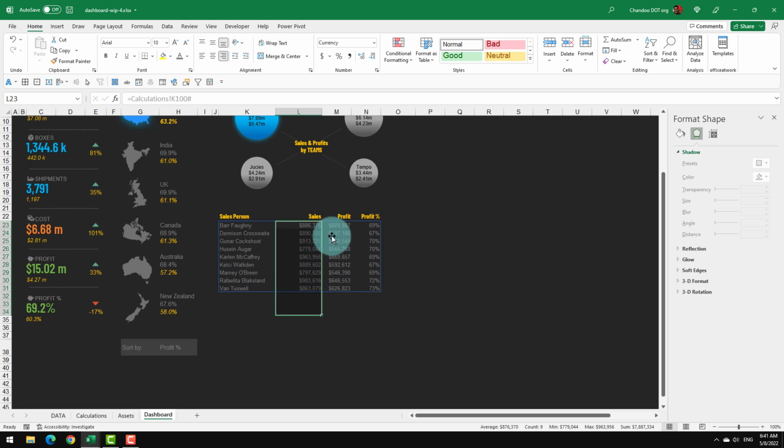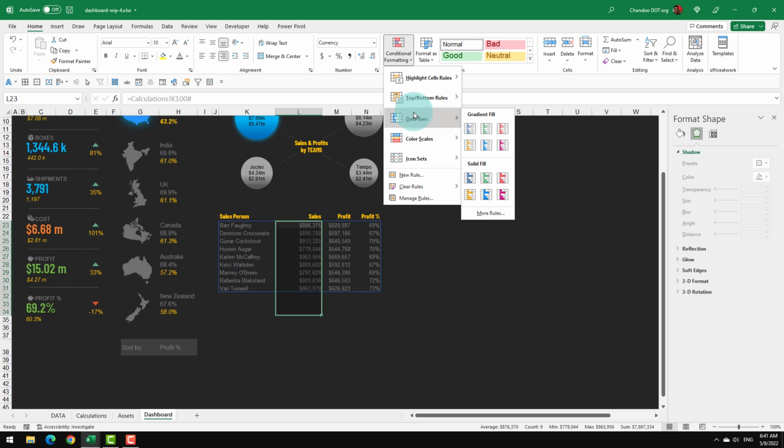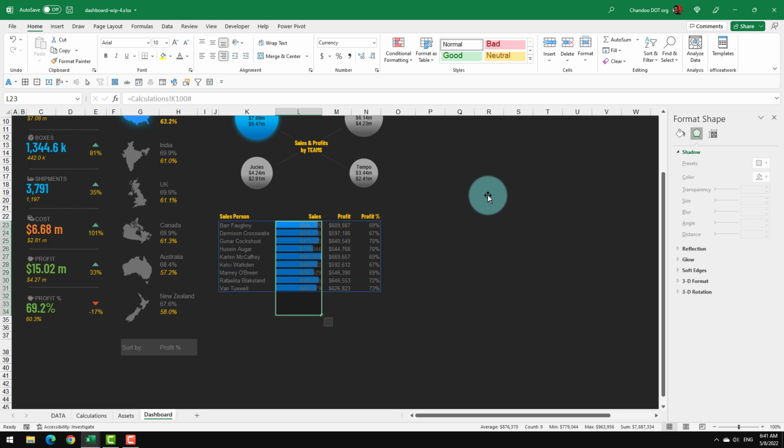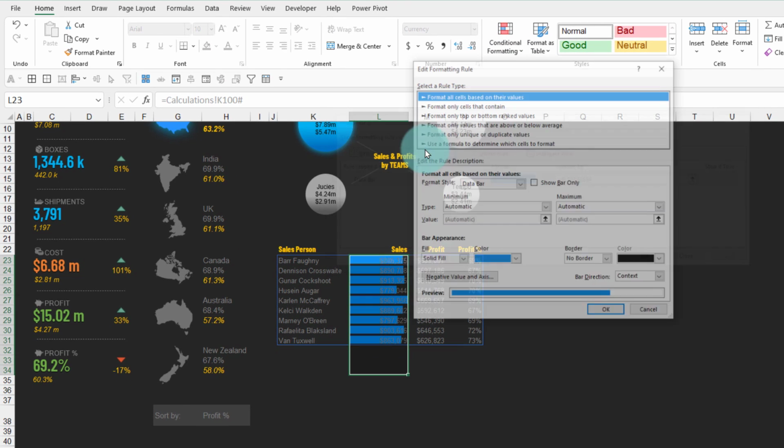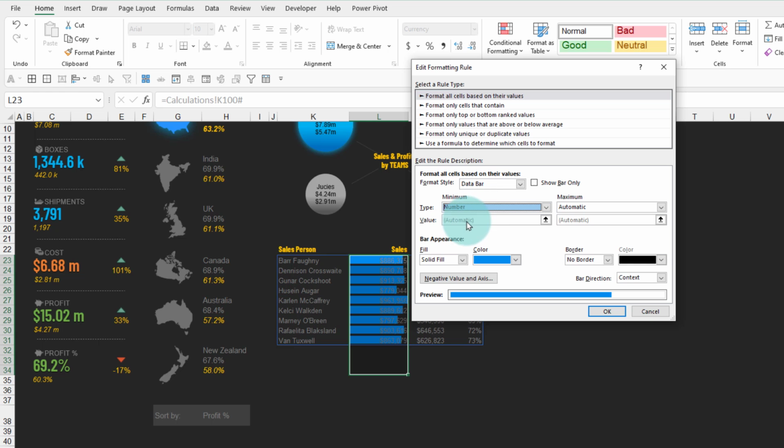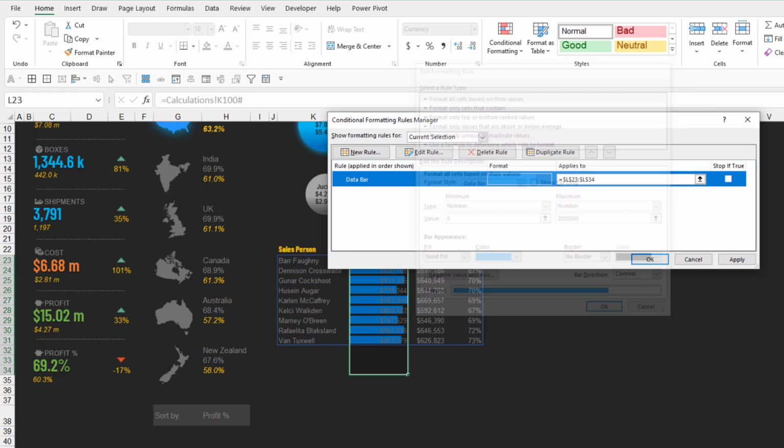So I'm going to select up to this point and then say conditional formatting, data bar, and add these data bars. The data bars are good, but they kind of overlap the data. So I'll go again, manage rules, edit the rule, and minimum is a number and maximum is also a number. And this number, we are going to put it up to 2 million and apply that so that the bars